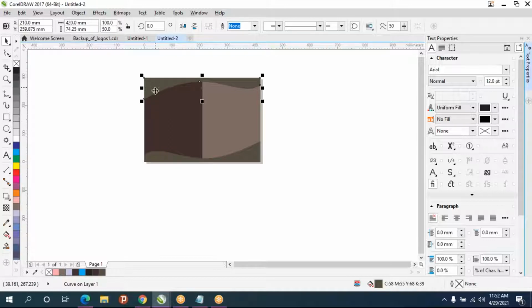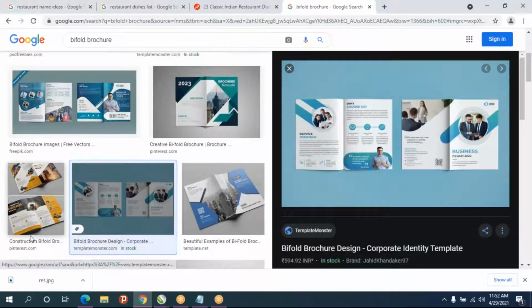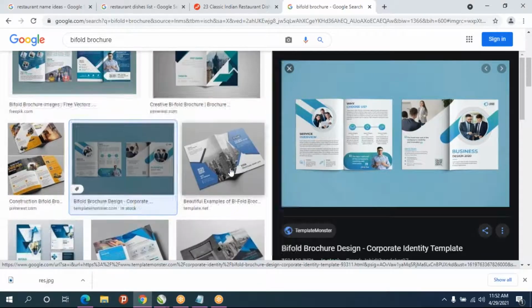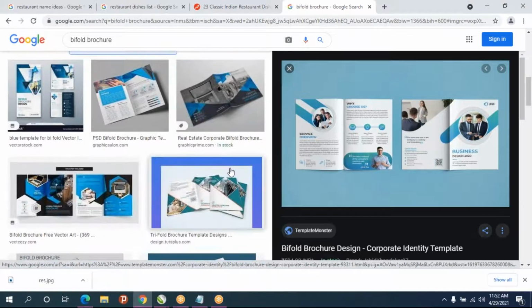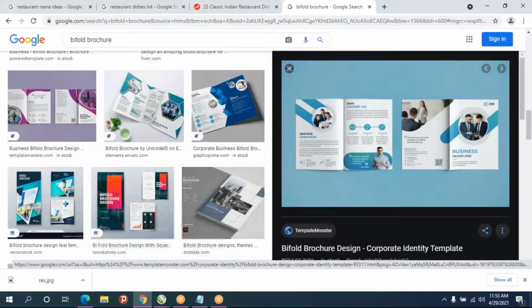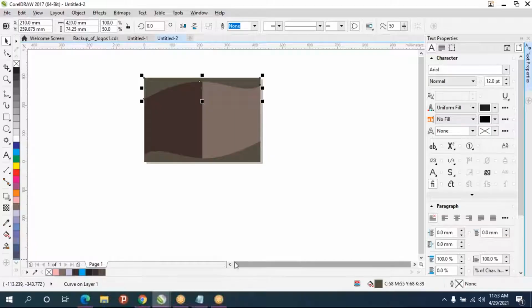By using Shape tool, we can create almost any kind of designs. Okay, we'll create some random design.